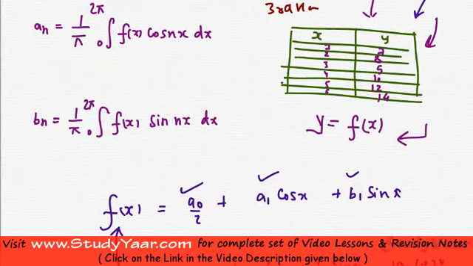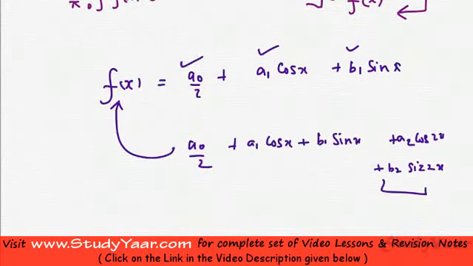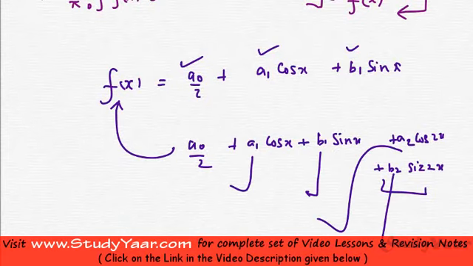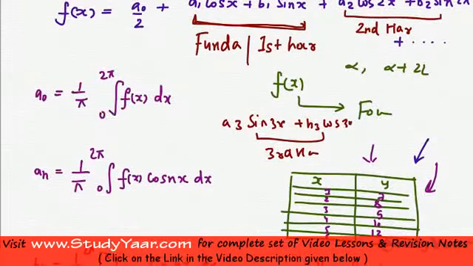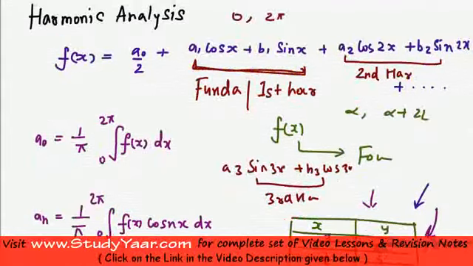The process wherein we are going to find out these Fourier coefficients without actually integrating. For me to be able to integrate, I need f(x). I do not have f(x), so I am going to find out these coefficients without integrating. That process is harmonic analysis, and now we are going to learn that process.